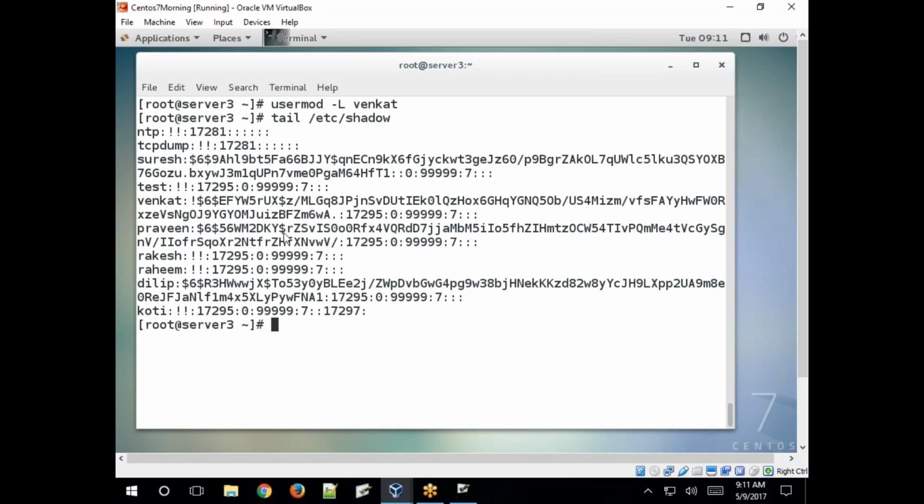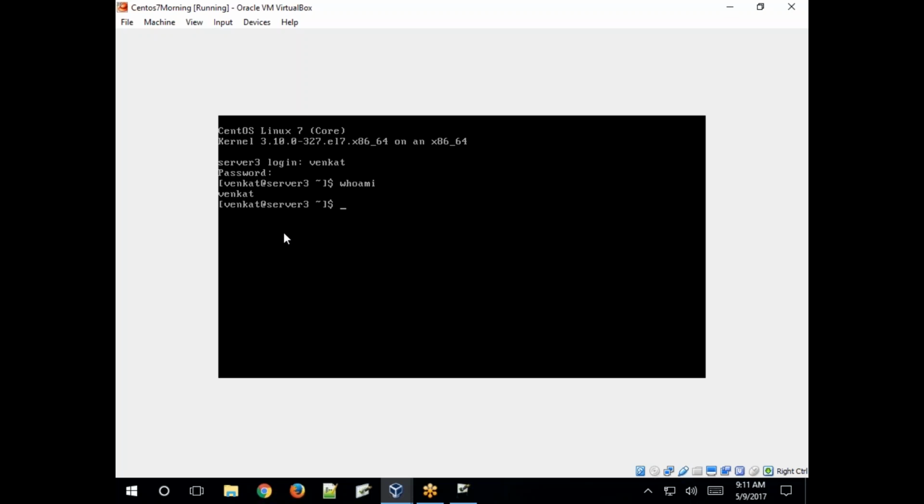See, try to log in with that. So this is a Venkat account, right? Already exists. So again use that username Venkat, and the password 1, 2, 3, 4, 5, 7. Login incorrect. Refusing to log in to the user account. usermod space hyphen capital L and then the username.